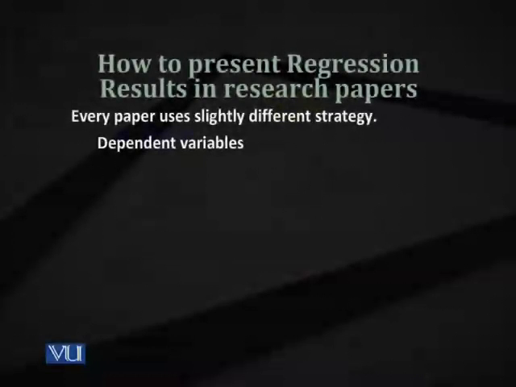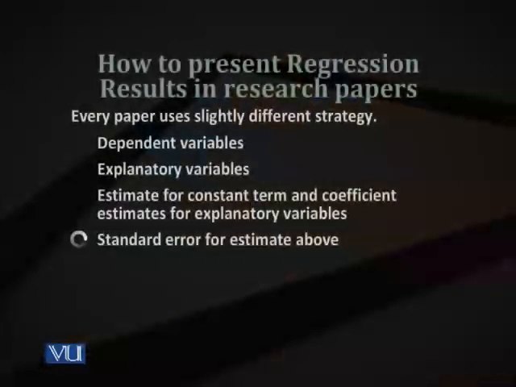So there are specific traditions in research. The normal research paper will include in tabular form, nicely presented, at the top you will show the dependent variable in the regression, and then on the left you will have a list of the independent variables, and then a column showing the values of the coefficients. Some people include the intercept at the top, and some people include the intercept or constant at the bottom of the table. Doesn't matter wherever you display that.